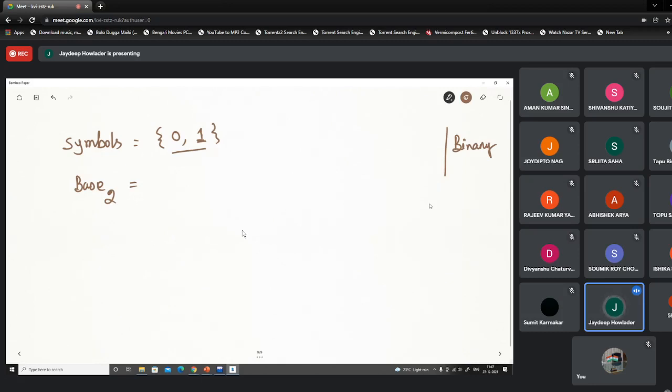Like in English we have the digits 1, 2, 3, 4. In your local language we have different symbols. So don't get confused that every decimal system has 0 to 9; they have different symbols in different languages. Binary is also like this. This is the general practice. Sometimes you can use true and false, which is also a binary representation, or on and off, or something like that. But the basic thing is that there will be symbols and the number of symbols defines the base.